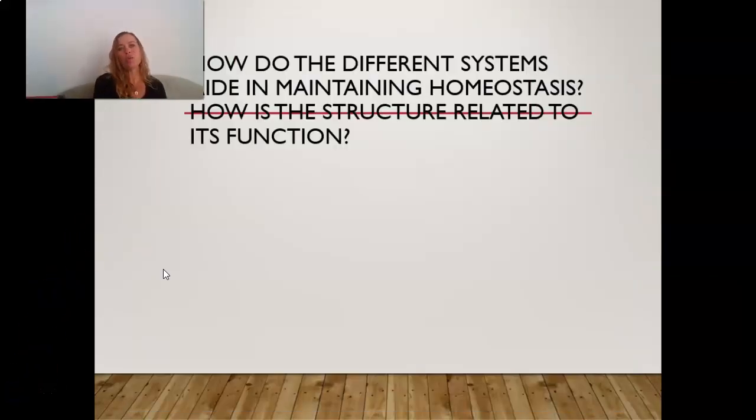So your big challenge question for this, which was really a very quick overview of the development of systems, is how do the different systems aid in maintaining homeostasis? So how would the digestive system aid you? How would your respiratory system aid you? So we're going to go through the different systems, and we're going to talk about that in the next class. And I want you to also think about how is structure related to function. I'm going to have a couple of key questions